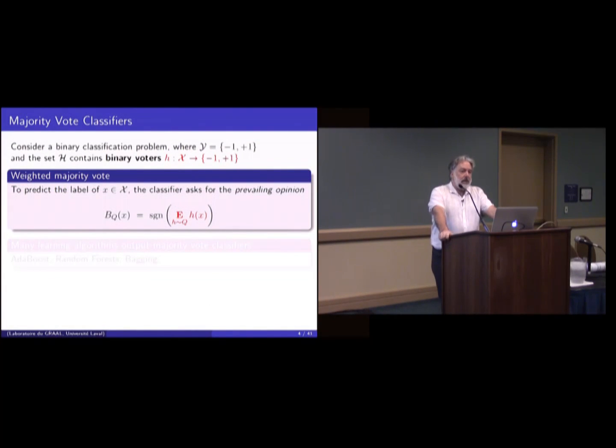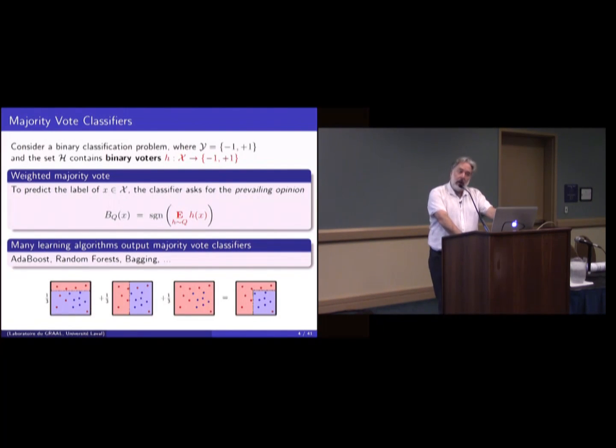So for PAC-Bayes, we are interested in what we call majority vote classifiers. What are they? It's simply that you have a bunch of predictors, and they all have their opinion. Then you give some weight to each predictor, and the majority vote simply chooses which category has the most important votes. Here is the simplest case, where the votes are either +1 or -1. You have more general settings, but that's not a problem. It's important to point out that many learning algorithms output a majority vote, even if they are not considered as such.